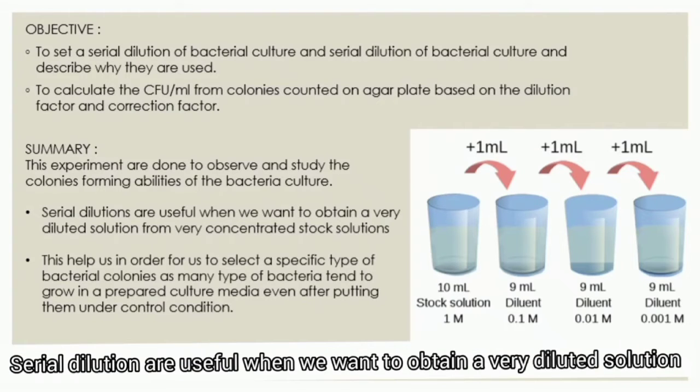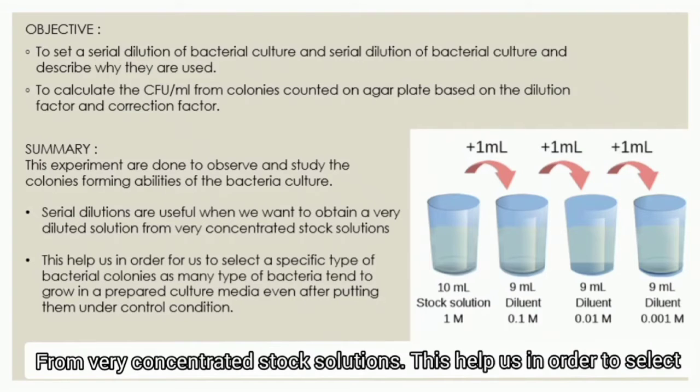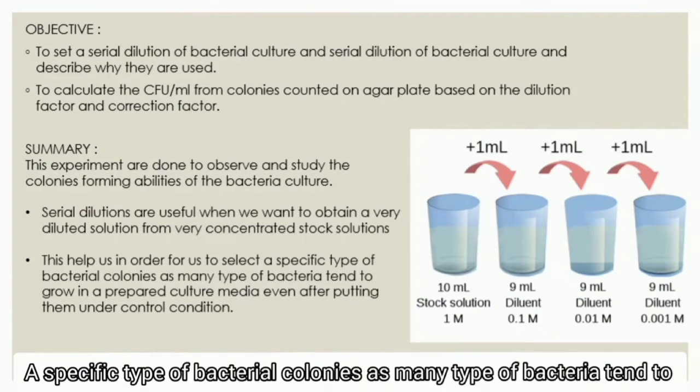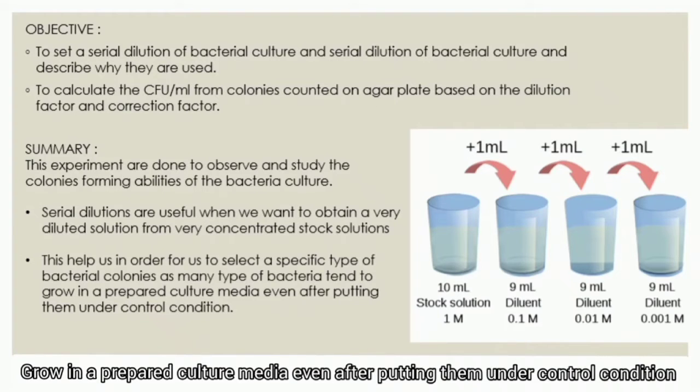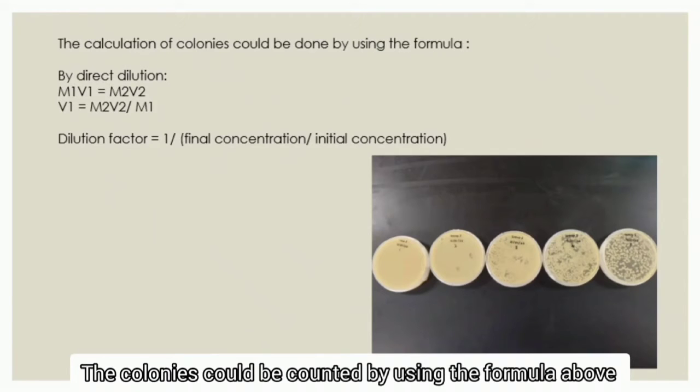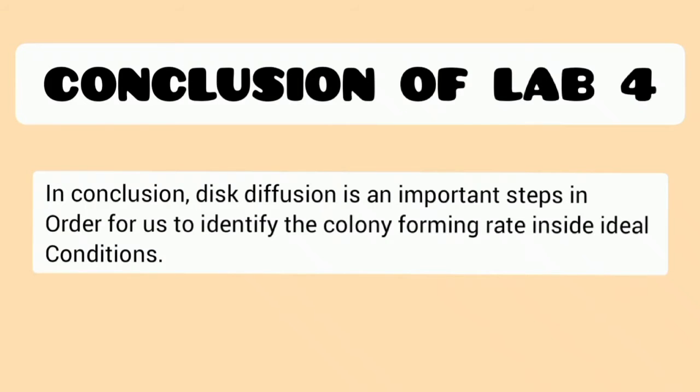Serial dilution is useful when we want to obtain a very diluted solution from a concentrated stock solution. This helps us to select a specific type of bacterial colony, as many types of bacteria tend to grow in a prepared culture media after putting them under controlled conditions. The colonies could be counted by using the formula above. In conclusion, this dilution is an important step for us to identify the rate of colony forming of